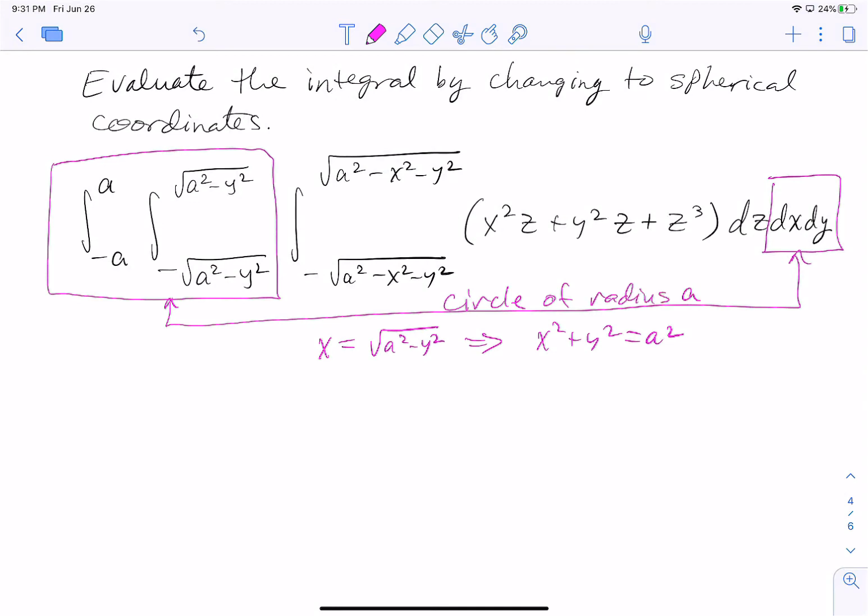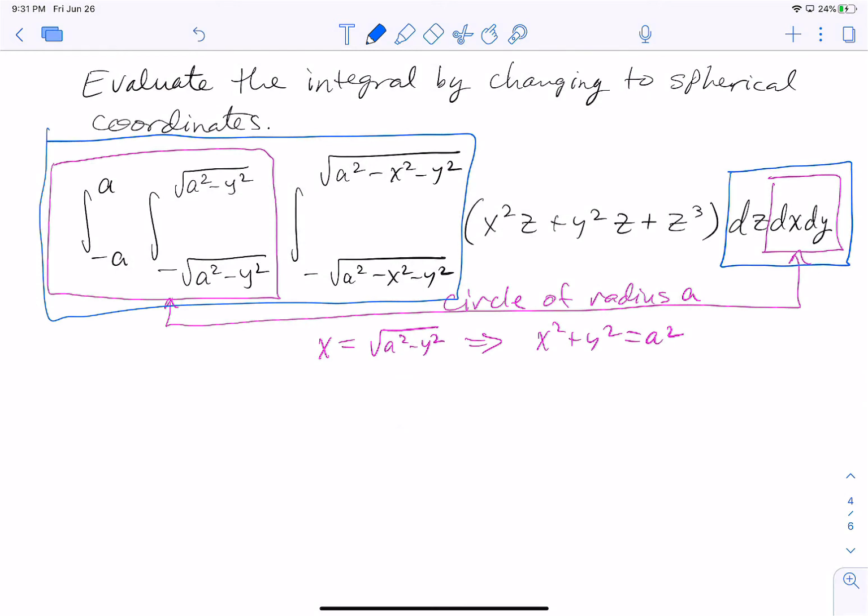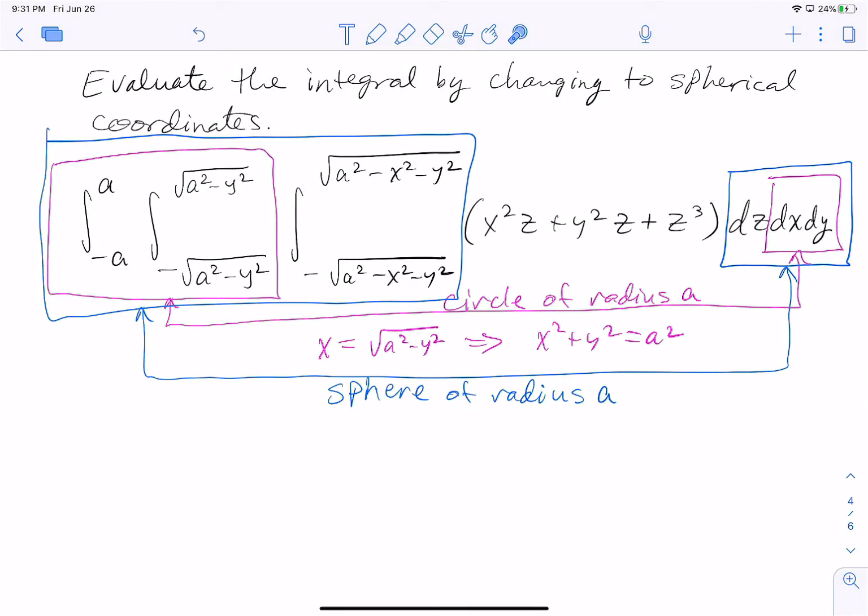If you already had that down, perfect, cool. Then it should make sense. It's not too much of a leap to consider all three sets of limits of integration and all three differentials to say this represents a sphere of radius a. How do you like that? I can translate all the math, but then I have trouble spelling the word sphere. For an entire sphere of radius a,